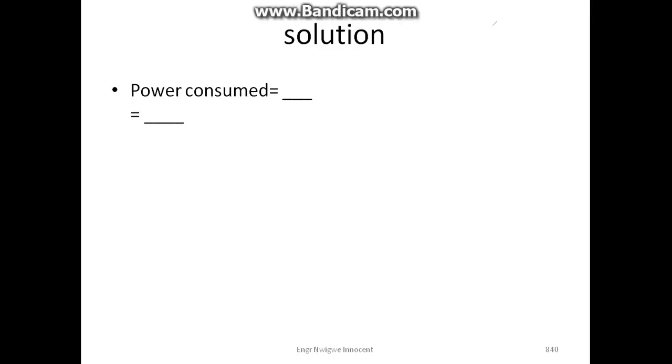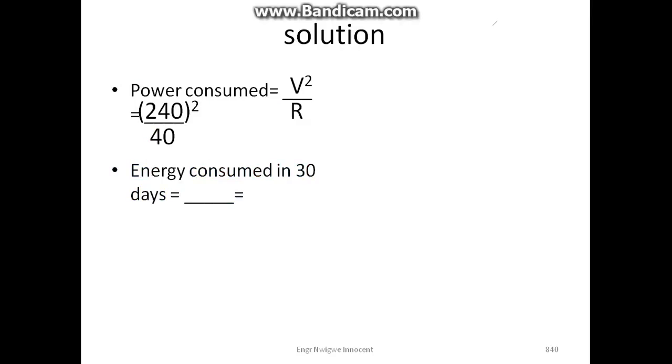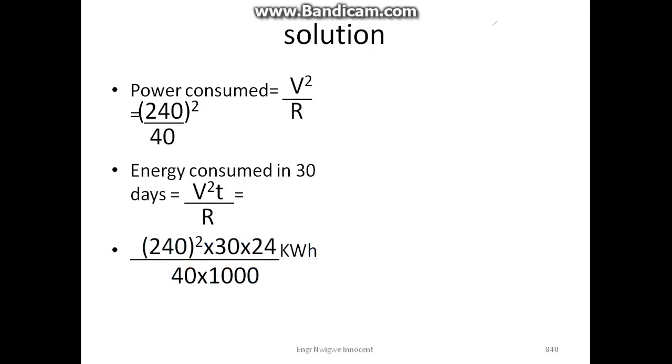Power consumed is equal to V squared over R, which, by substituting the values, is 240 squared over 40. Energy consumed in 30 days is equal to V squared T over R, which is equal to 240 squared times 30 times 24 all over 40 times